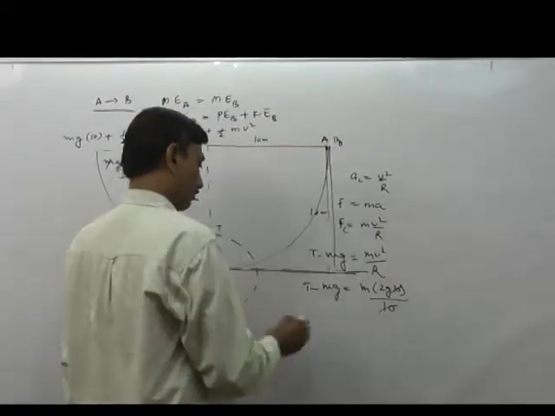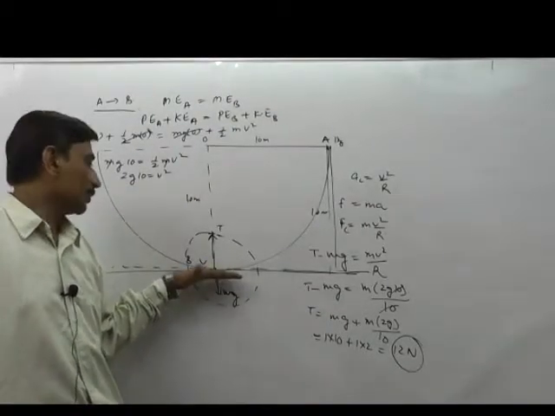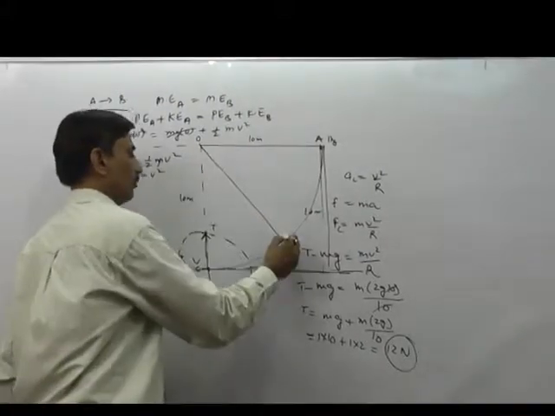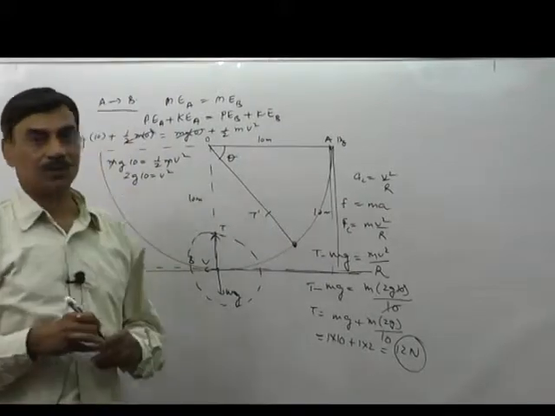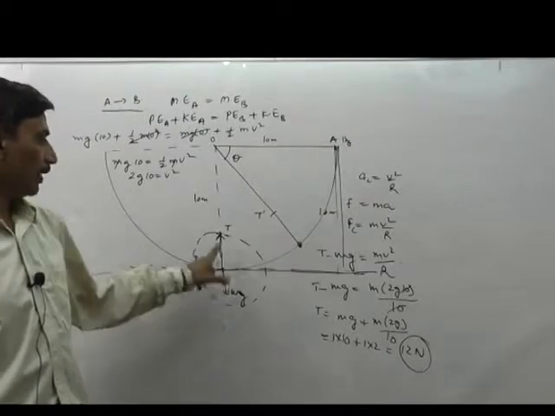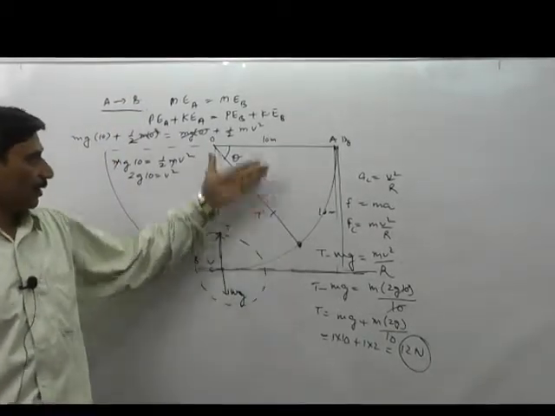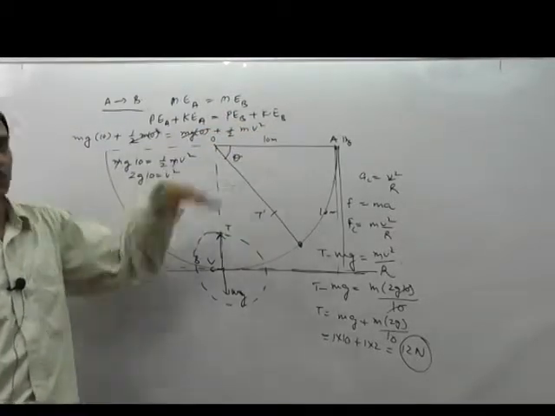This goes. So this way, when we have questions like this, remember, this is at the lowermost position. Someone asks, let's say, what is the tension right now when the string is making an angle, suppose angle theta, with the horizontal, then please don't use it. This is the most simplified case I have taken. Now let's understand if this angle is theta with the horizontal or with this string, then how to go about